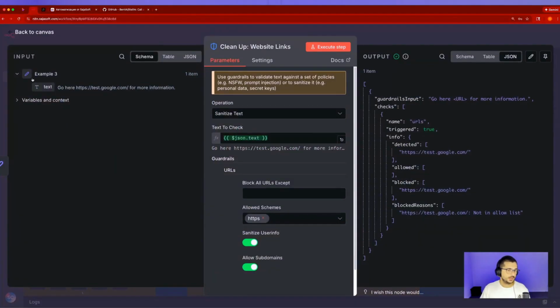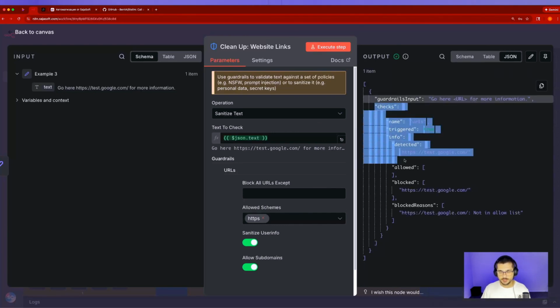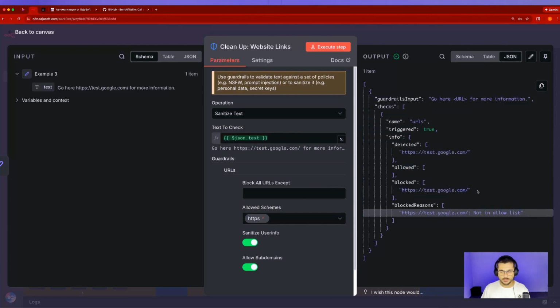Here I launched it and we see that the input received a sentence that contains the URL test google.com. And here I've already executed this node and we can see that it was redacted. It didn't go any further. There's a check here that says whether it's allowed or blocked. In this case,